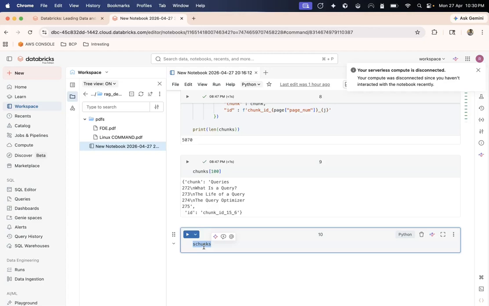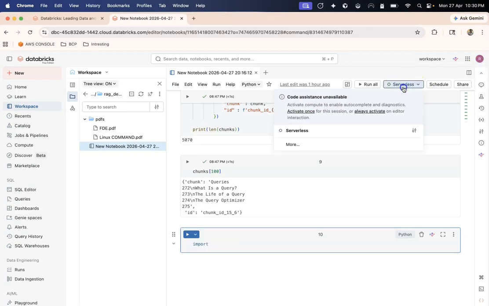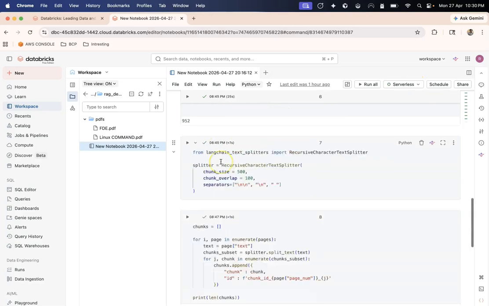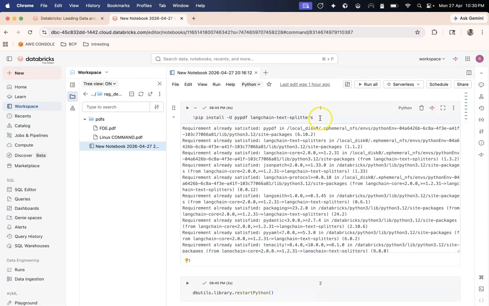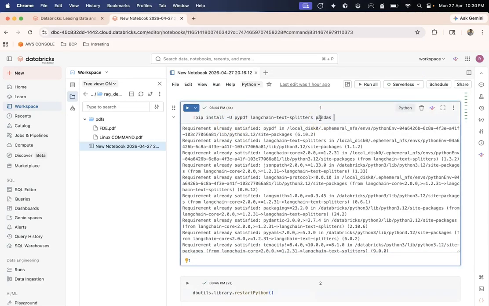What I could do is first quickly run the cells. I'll import the pandas library, and there is one more library that I'm going to import, called Databricks LangChain.